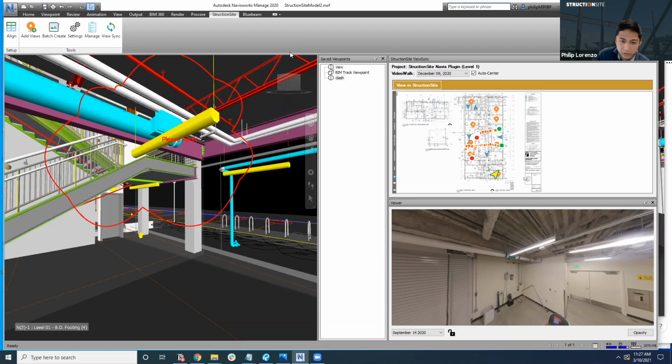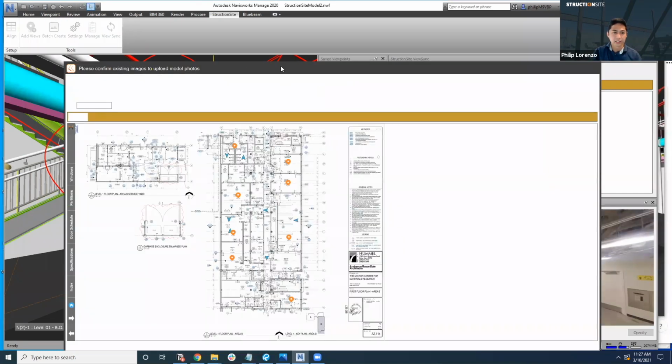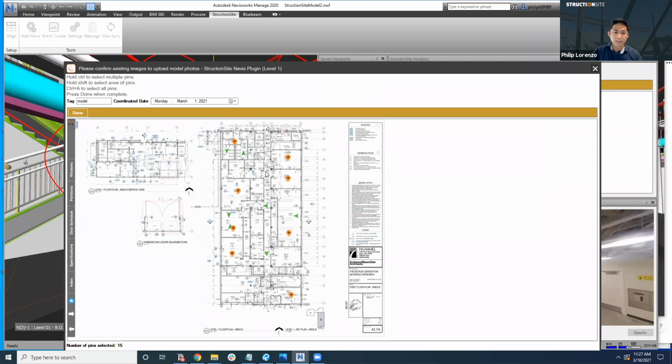Let's see. So there's another one. Can you add model views to existing pins in StructionSite? Oh yeah, I did go through that. If you want to add to existing pins, you use batch create right here, and you select the existing ones you want to add